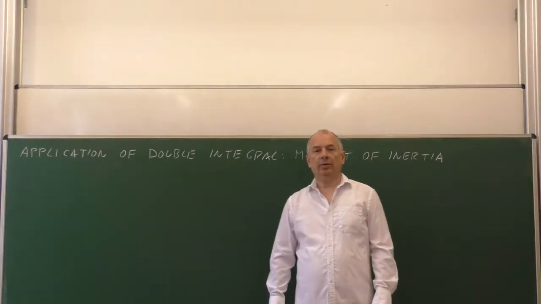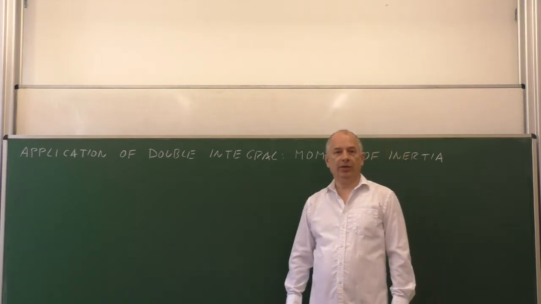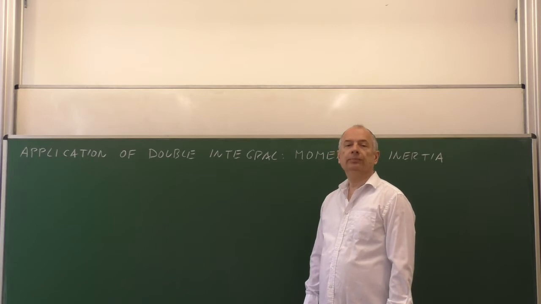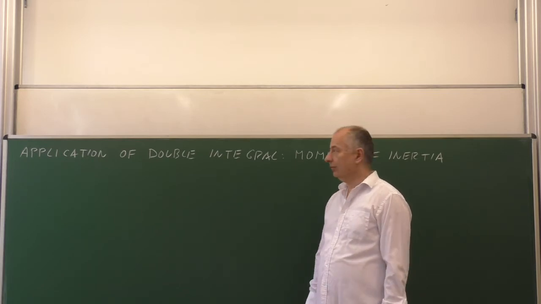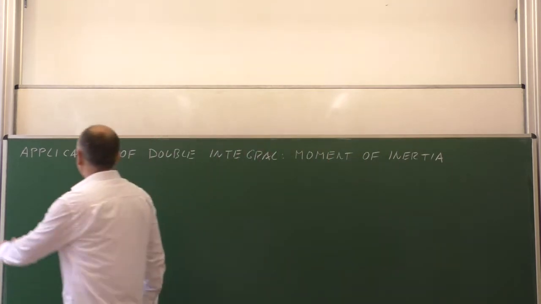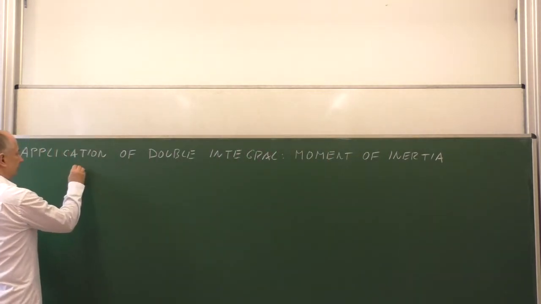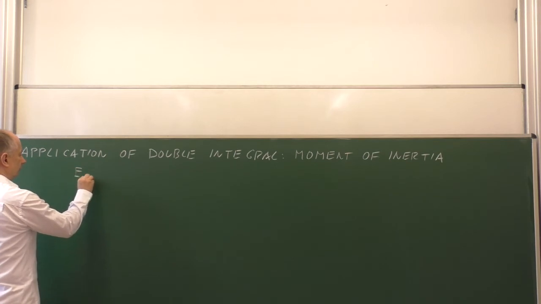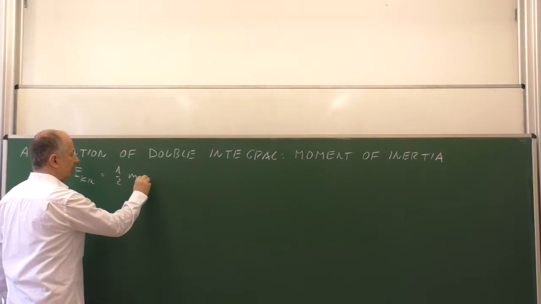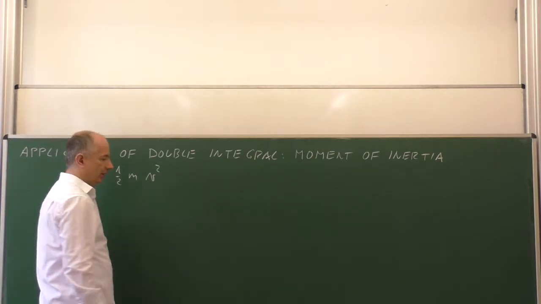To illustrate application of double integral in physics, let me compute the moment of inertia of some simple bodies. So what does it mean, moment of inertia? If we start with kinetic energy, which is 1/2 times the mass times square of the velocity,